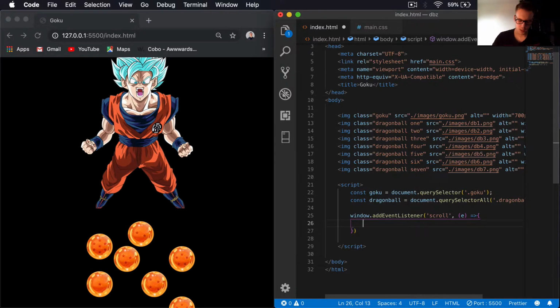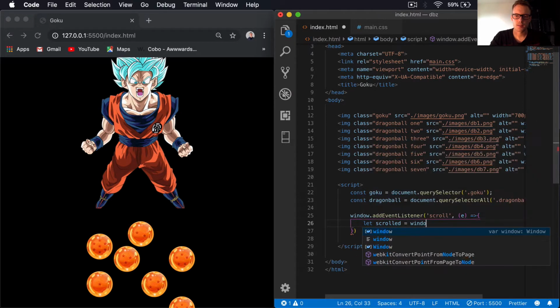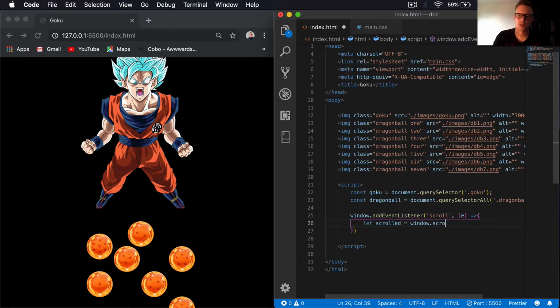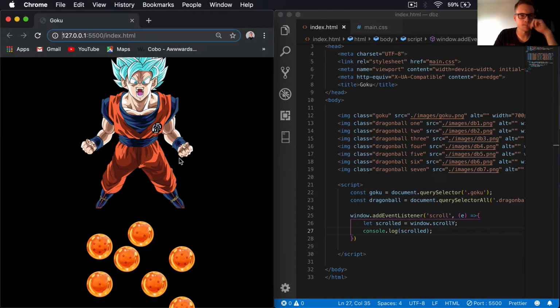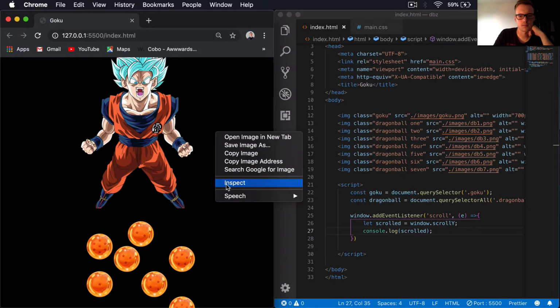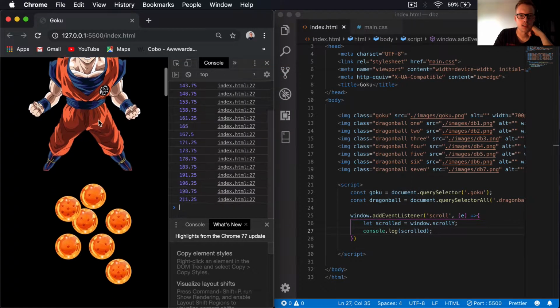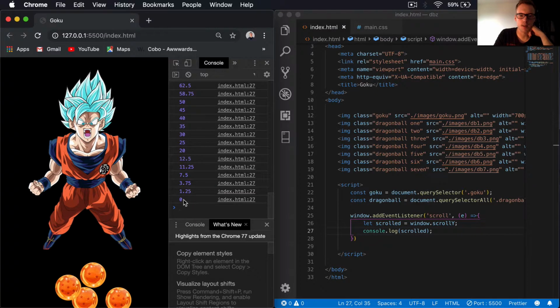And the next thing we're going to do here is set a new variable called scrolled. Okay, so we'll say let scrolled equal window.scrollY, not screenY, scrollY. Okay, so I'll show you what this does. If we console.log scrolled, you can see if we open up our console in here, select console, and now you can see wherever we scroll,